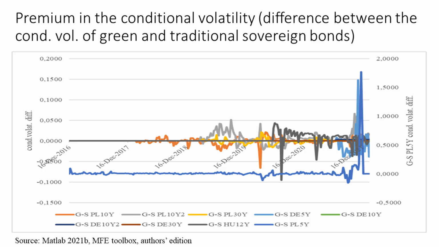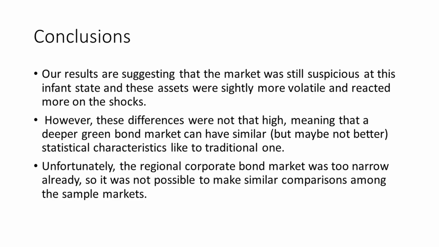So I was absolutely not satisfied after the ending of the analysis. We can see that, okay, the market is suspicious, but you cannot see this suspiciousness at the level of the yield. So they do not want to compensate themselves, and I don't know what is happening with this bias. Maybe this bias is coming from the level of investors, maybe from the direction of monetary policy. So green monetary policy trying to acquire some of these assets on the market, and that's why this is biased.